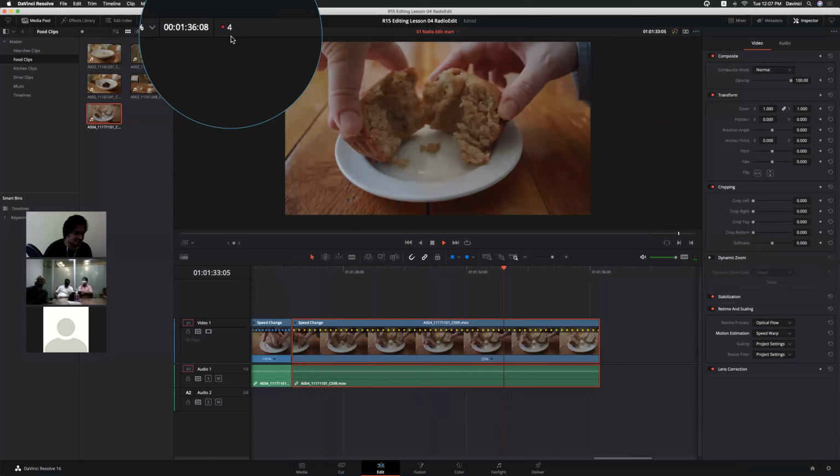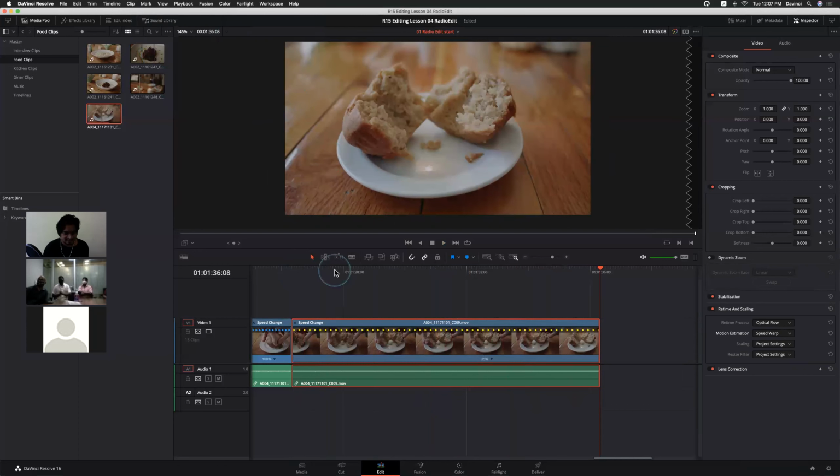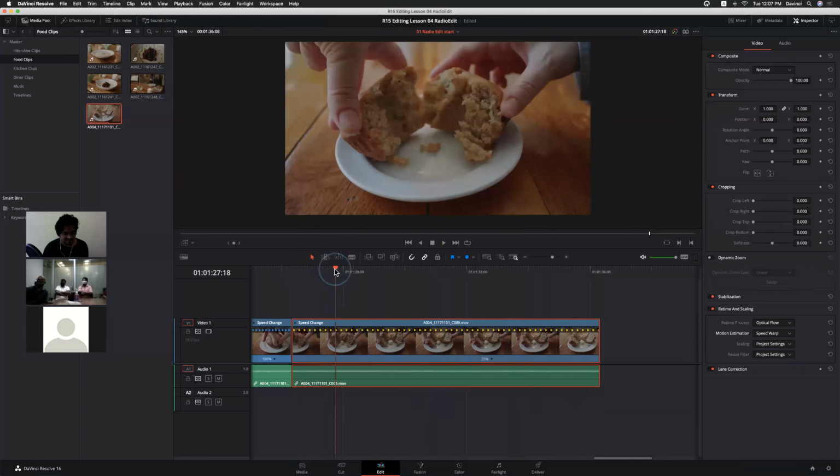It shows you the playback frame rate here. So it needs to render the clip. When you add any filter or any Fusion titles, it needs to render that portion to play back smoothly.